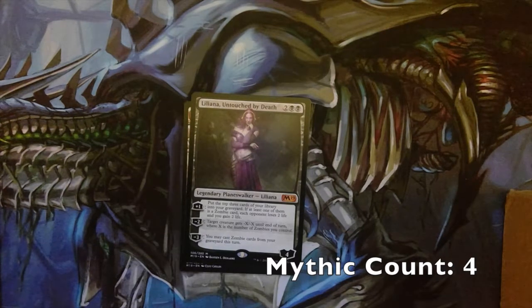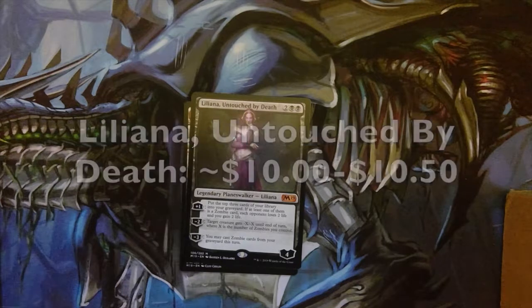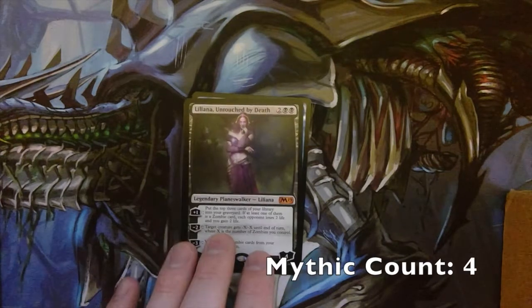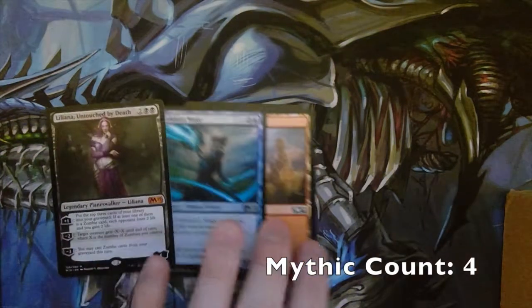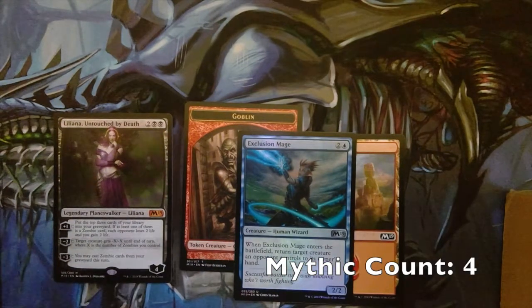Liliana, Untouched by Death. What are you sitting at? Sitting at $10.49. So the reason why this one's useful is you can cast zombie cards from your graveyard. Especially if you have cards that will give you that ability, because there are cards that will create the ability to make all of your creatures be some type of